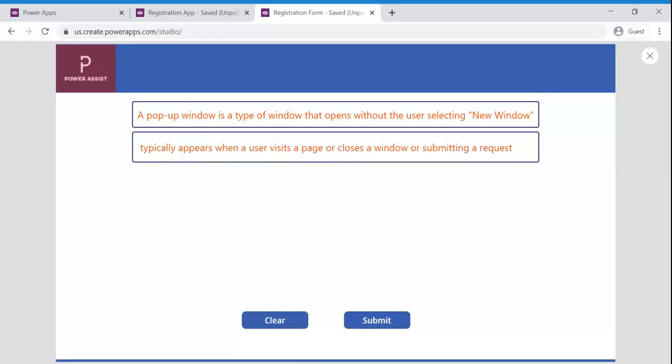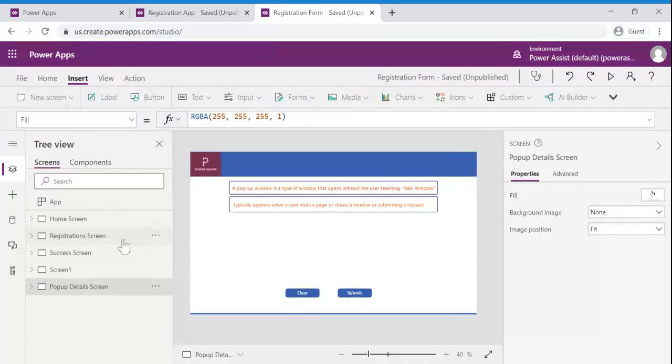Basically, a pop-up is a window which pops up when a user tries to submit a button or wants to check any menu options in the application, depending upon the requirement. This helps the user to choose to proceed with further action or to update, cancel or abort the existing operation. Let's get started with how to create a pop-up.